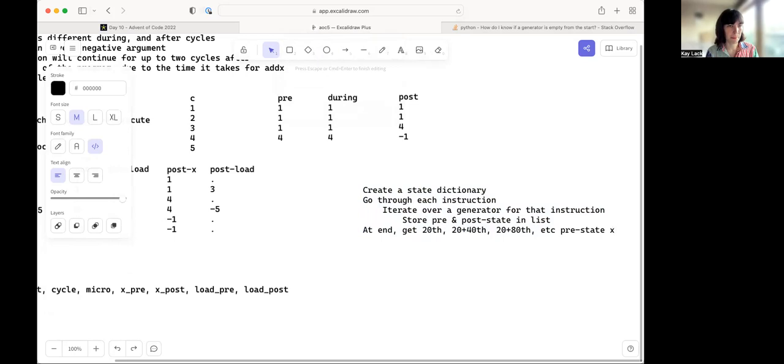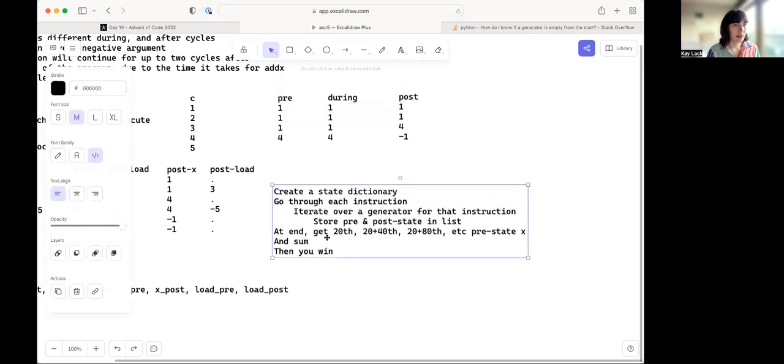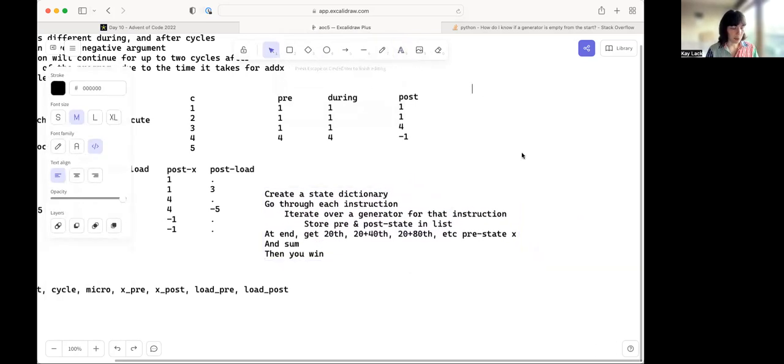Okay. And sum, then you win. Okay, I think that will work. So in terms of the plan of action, we've got, well, in terms of the structure of the program, let's say, we want to we want